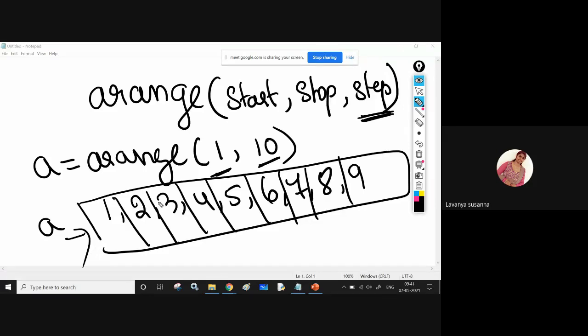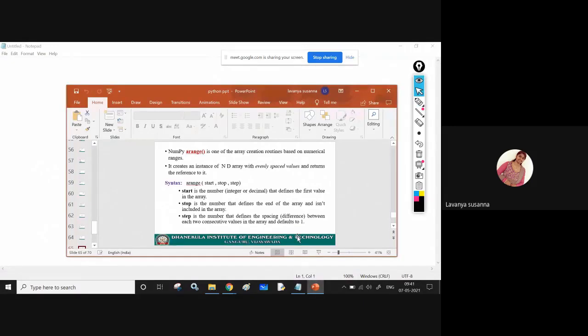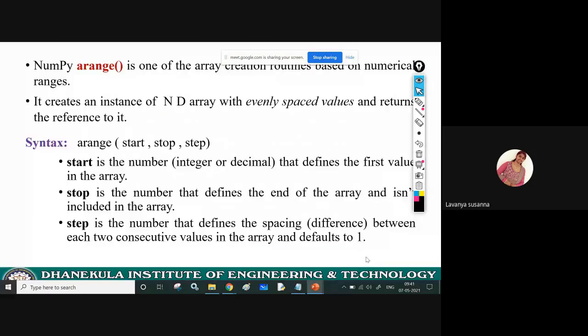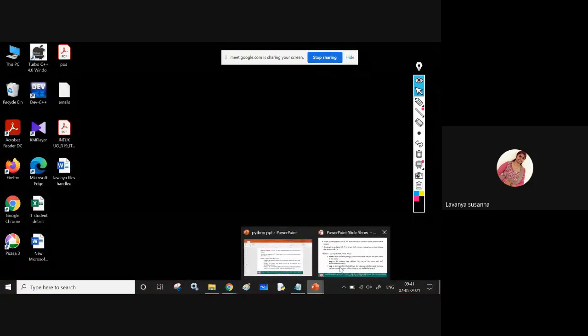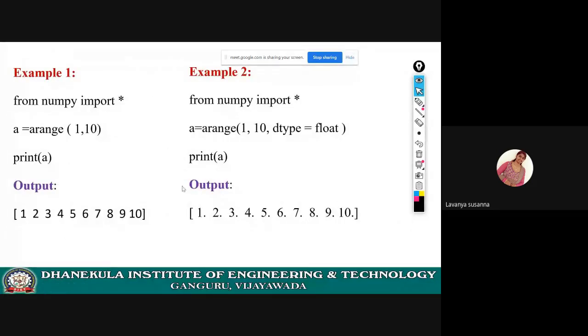Now let us see what the step value is. Let us see the example. a equal to arange of 1 comma 10.